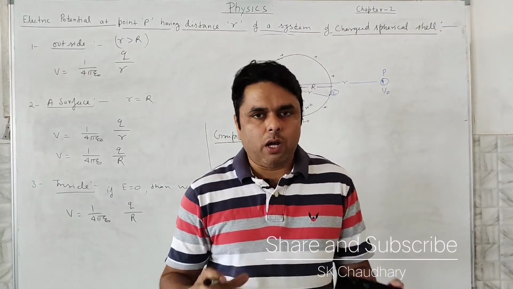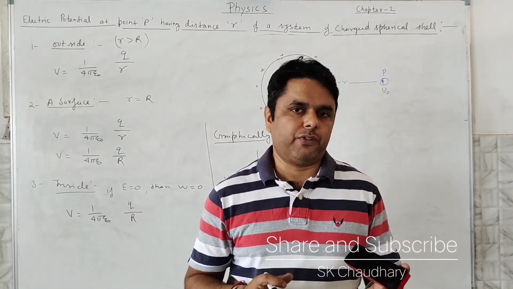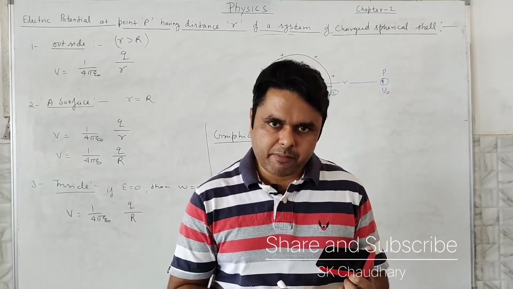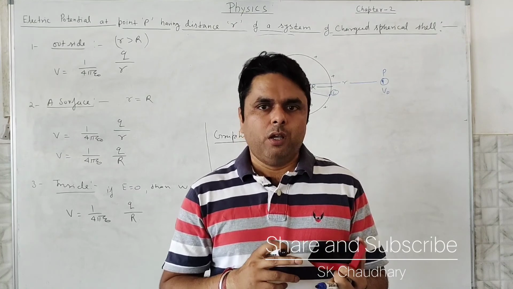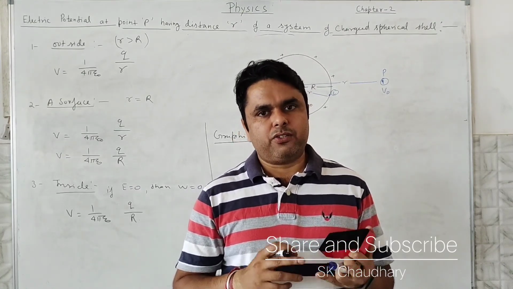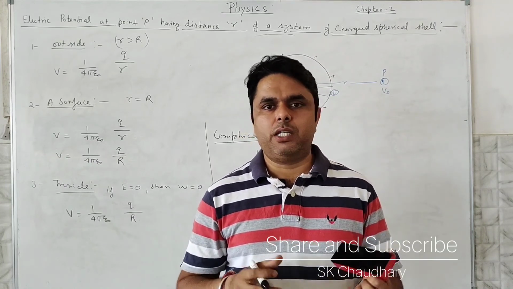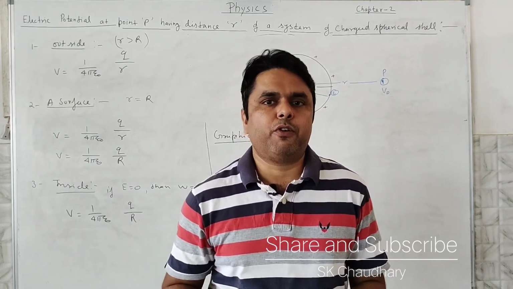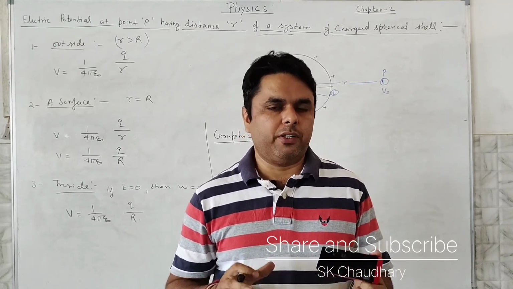So these are all the applications which we have discussed in electric potential of a system of charge, starting from the electric dipole. Then we considered three cases on this: equatorial, axial, and any arbitrary point at angle theta. After that we did the charged ring in the earlier video, and today we have done the spherical shell. So now the electric potential topic is over. We have calculated all system of charge and single charge cases.